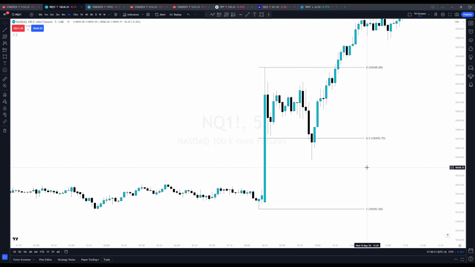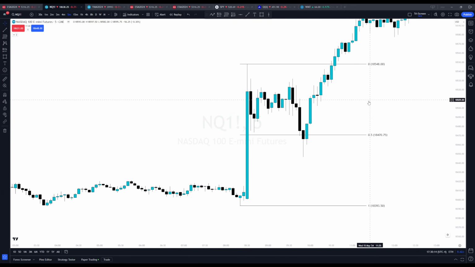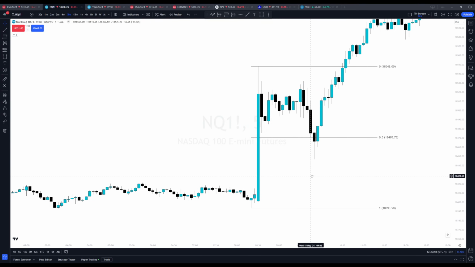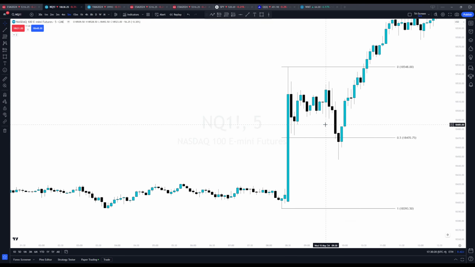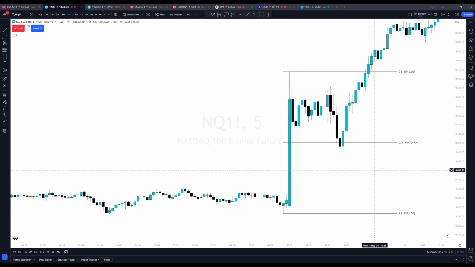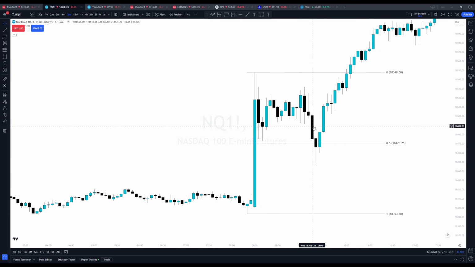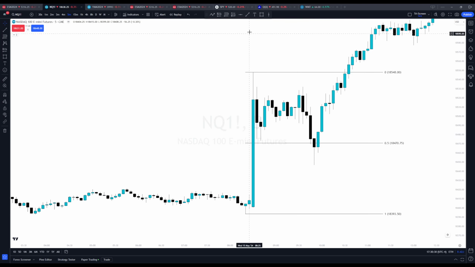So ICT refers to this as premium above 50%, and this as discount below 50%. You never want to look for long positions above 50%. You always want to wait for it to hit 50% and then look for longs, because look, 5-minute FVG here. I think we actually took this trade yesterday, right? We had a little